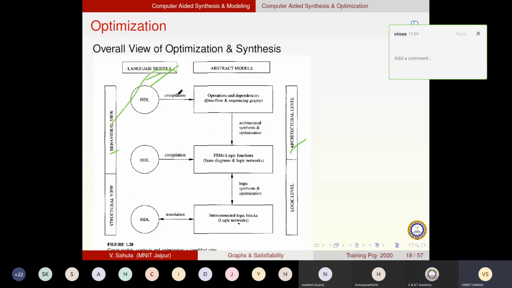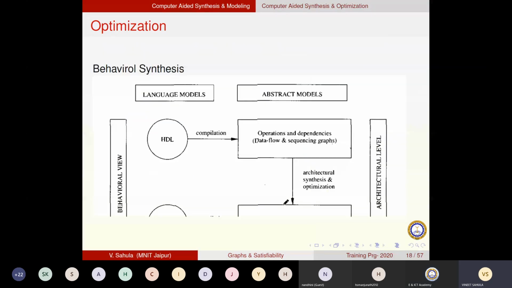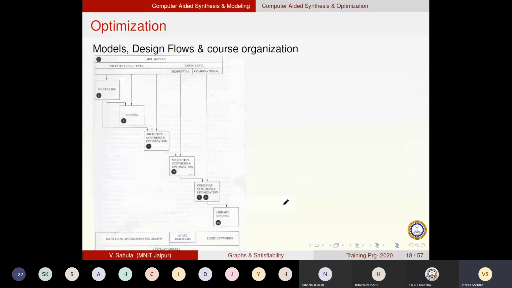We describe it in the model and maybe the HDL, and we achieve the hardware architecture. Then the architecture we describe again, and convert that into the logic, right? And the third will be the physical level. So I'm just skipping this. You can go through it at your own leisure time.